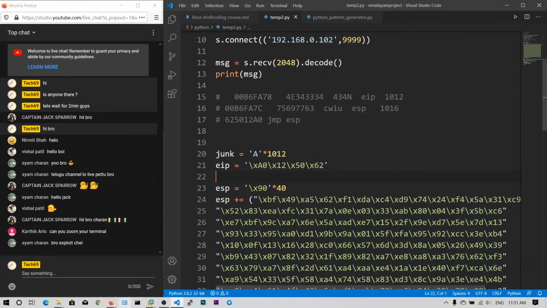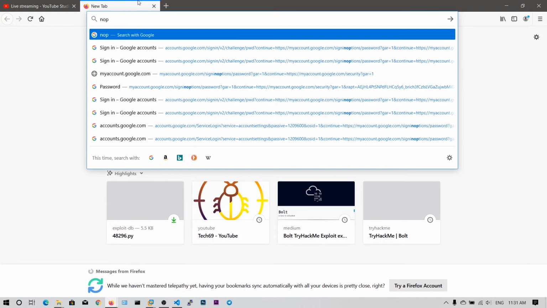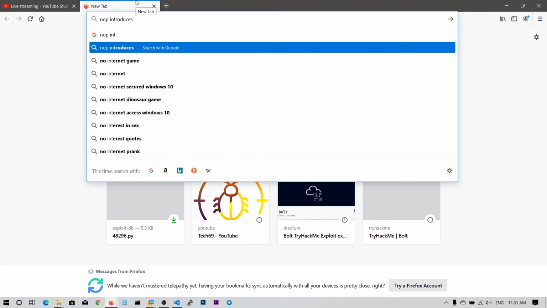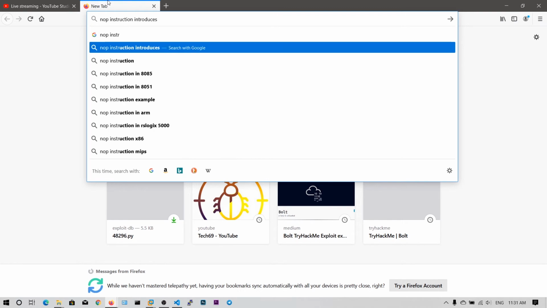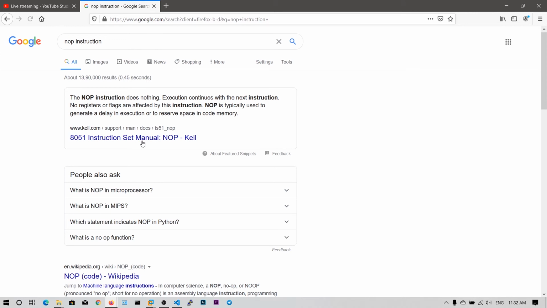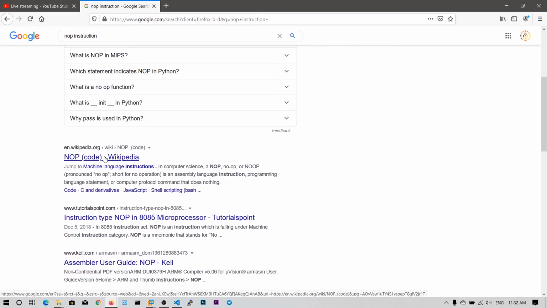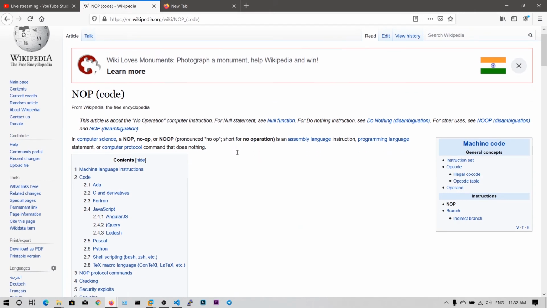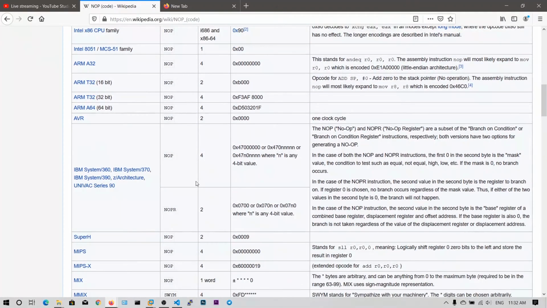Okay, I will tell the solution. Now if you go to Google and search NOP instruction, and then search what is NOP, in Wikipedia it says a NOP instruction is a no operation and it performs nothing.